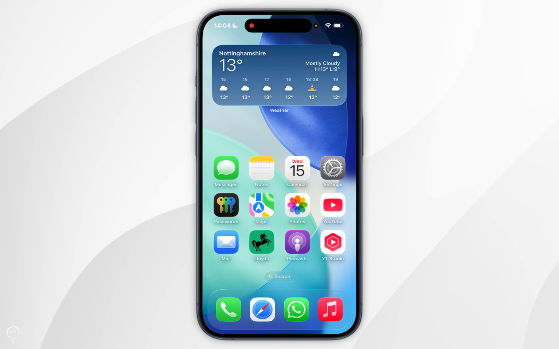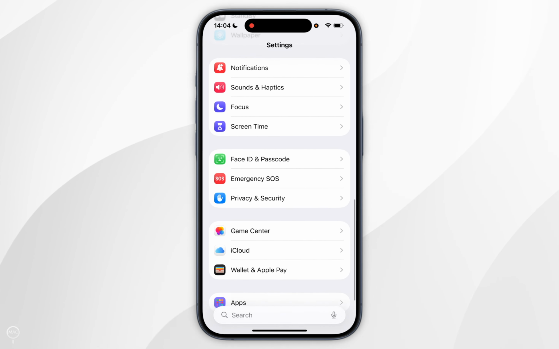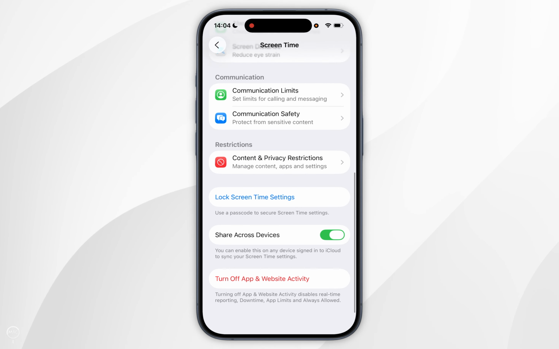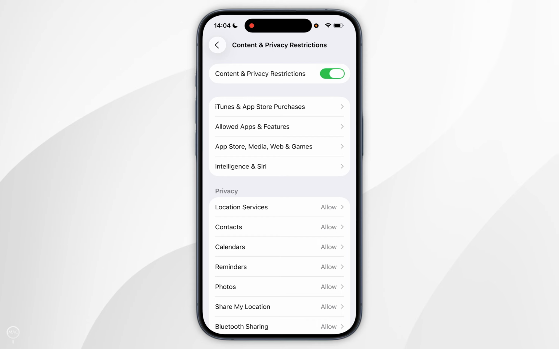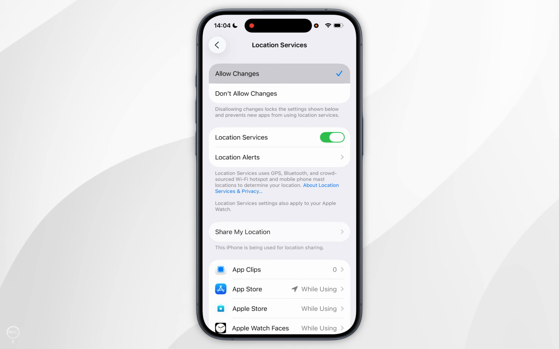The second thing we need to check is our screen time settings. So to do this, we want to open our settings application, and then you want to scroll all the way down to screen time and tap into that. Now you want to scroll all the way to the bottom until you find content and privacy restrictions. From here, you want to find location services, and then you want to make sure allow changes is toggled on